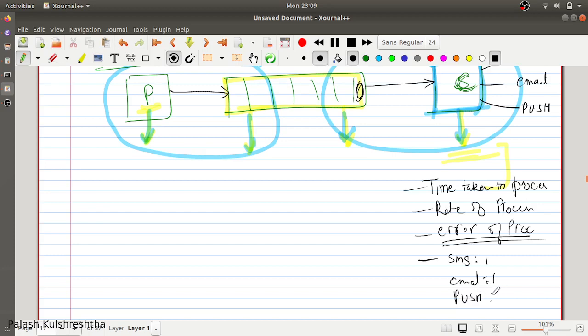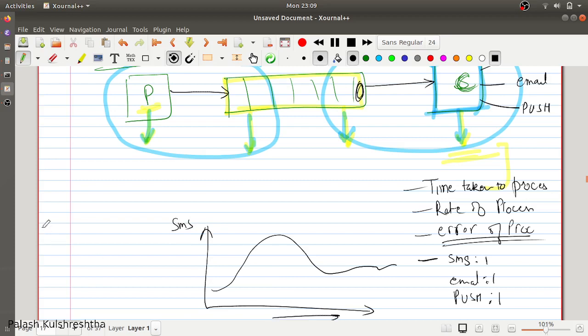When these metrics go into your monitoring system, you can make graphs of the SMS rate with time, the email rate with time, and the push notification rate with time. And seeing the pattern, you can create custom alerts on this system.